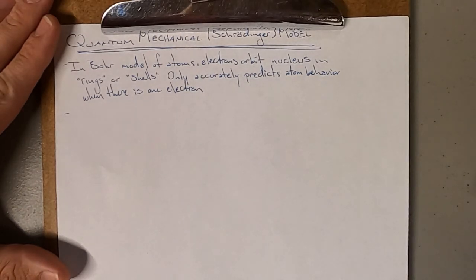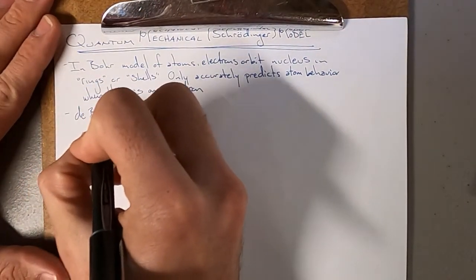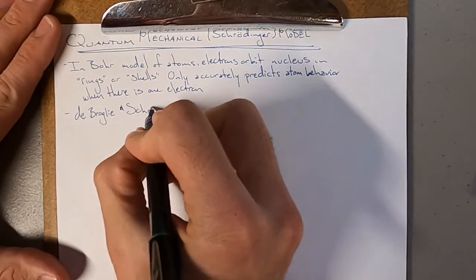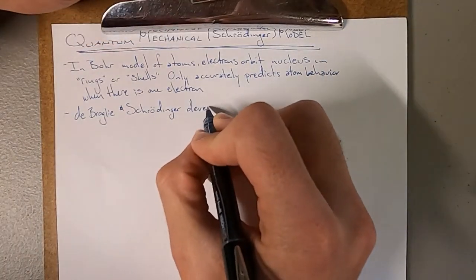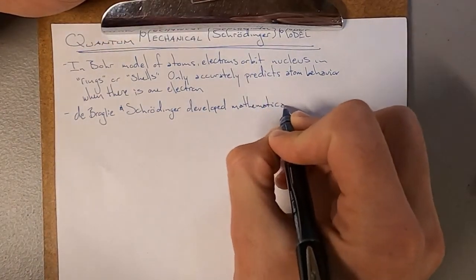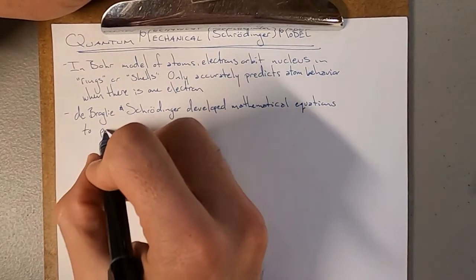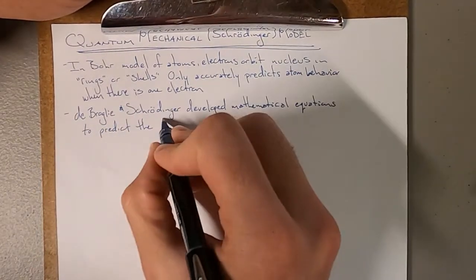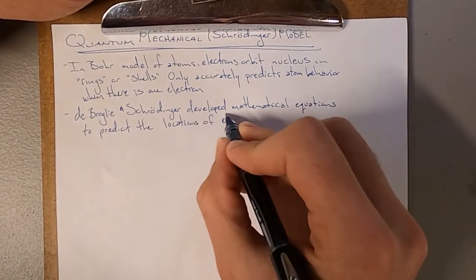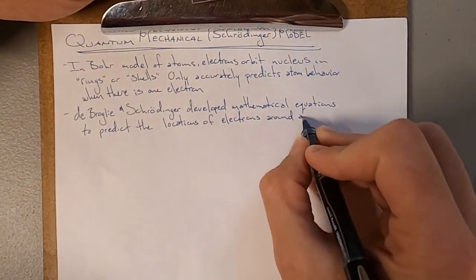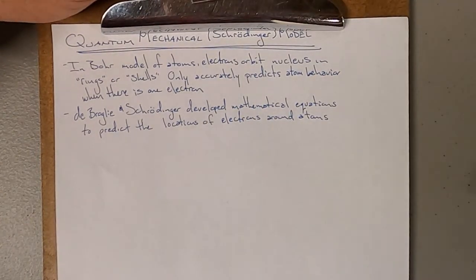And they were not spheres, like Bohr said. And while Bohr said that the electrons would be orbiting as spheres in energy levels,